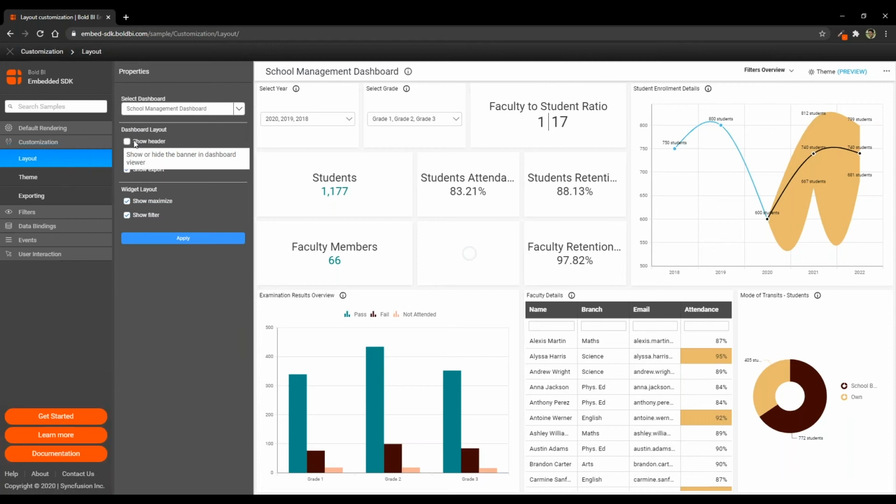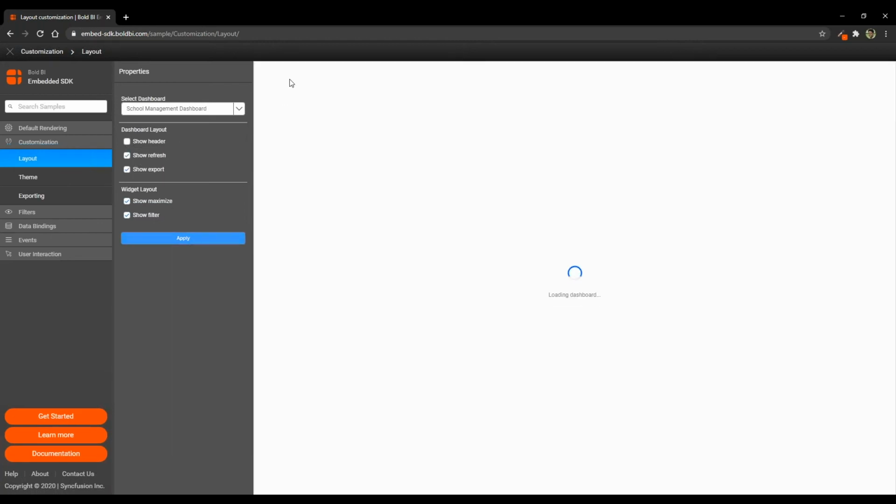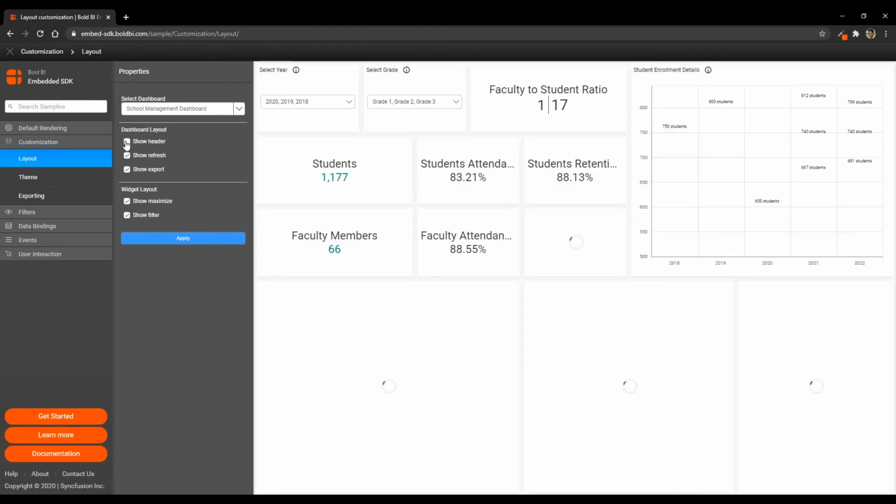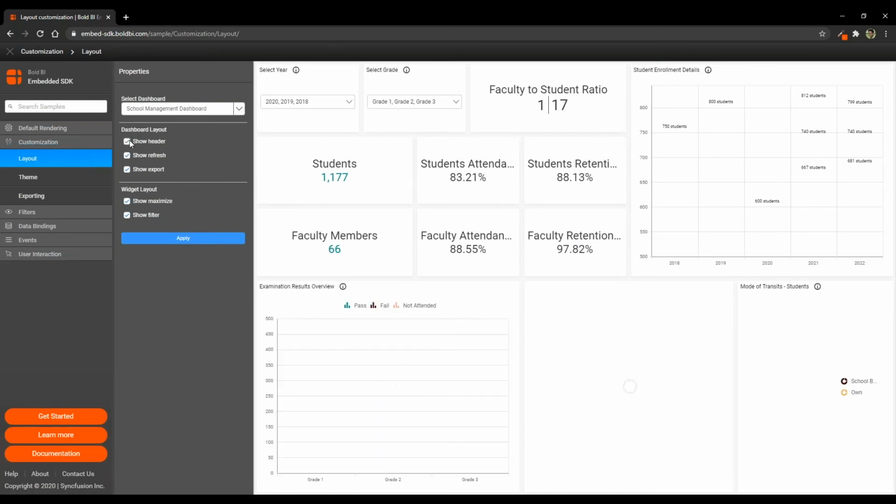Unchecking here is nothing but passing the value to the embedded SDK for show header. I don't need a header, and once I click apply, I'll be able to see only the dashboard, and there will not be any header at all, right?